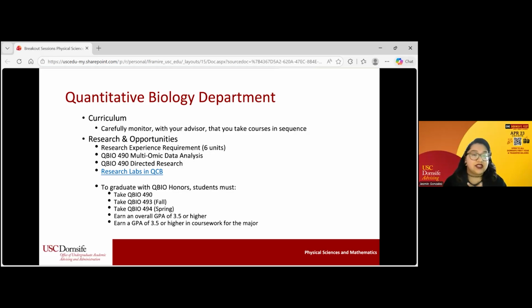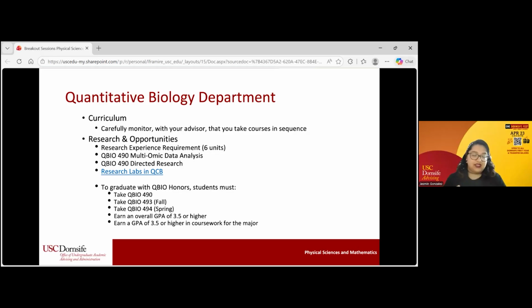Research and opportunities. The quantitative biology major does require research, and there are a couple of different options, which again comes with the flexibility of the major. There are regular sessions as well as QBio honors sessions.